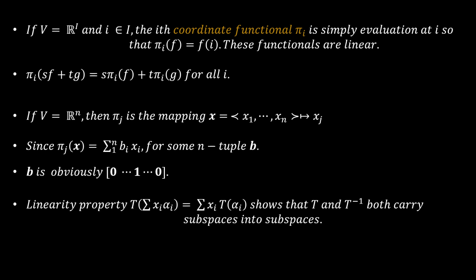And this is also something we can interpolate: if we have a linearity property, a transformation of this linear combination is equivalent to a linear combination of the transformation T. So this property here shows that T and the inverse of T both transform one space to the other. So they both carry subspaces into